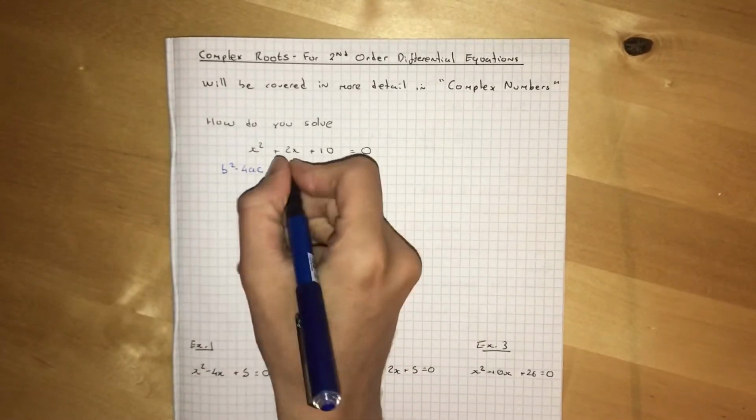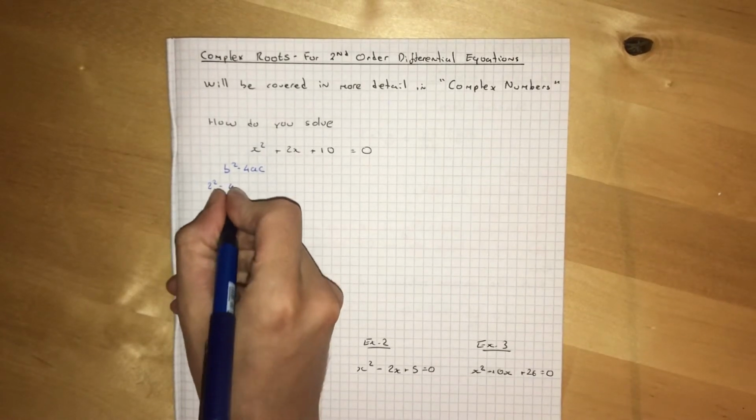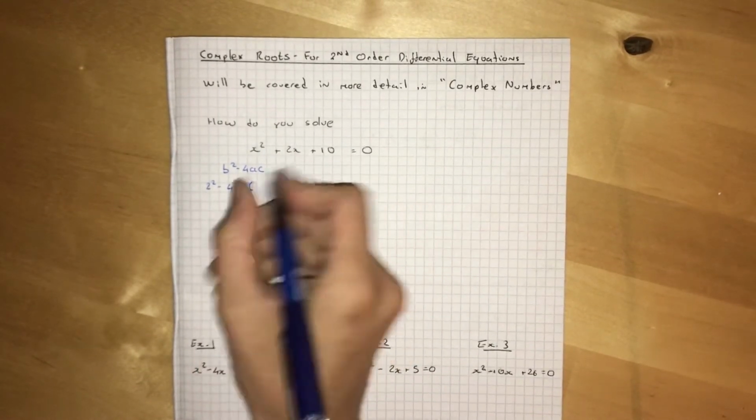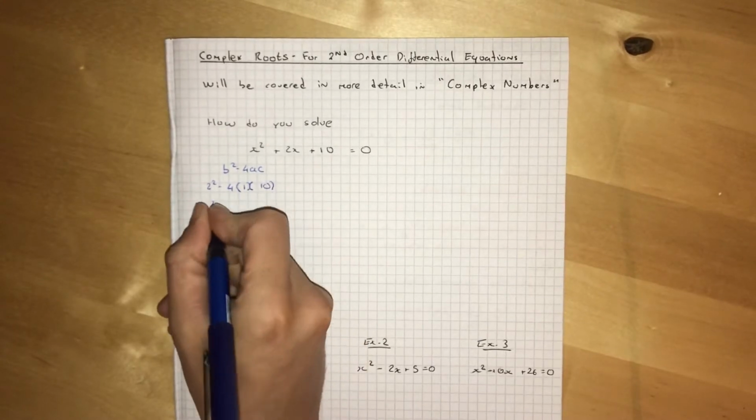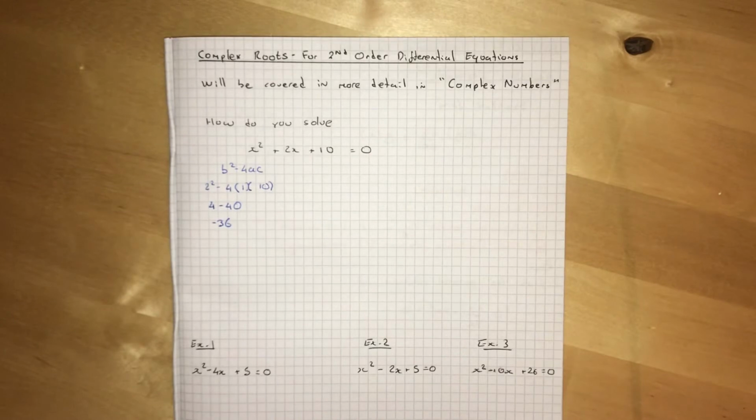where a is 1, b is 2 and c is 10. So we get 2 squared minus 4 times 1 times 10, which is 4 minus 40, which is negative 36. And if you remember from Nat 5, that means that we would describe it as having no real roots, okay? But that does mean that it has imaginary roots or complex roots, and we can now deal with that in